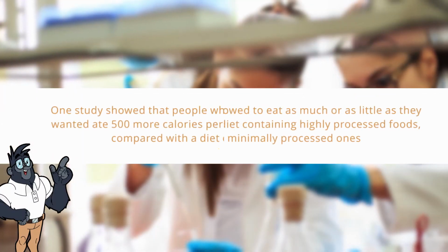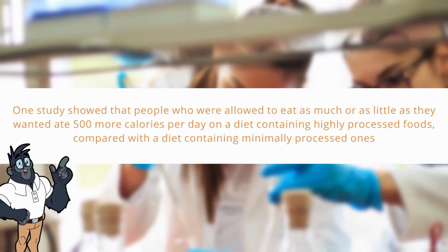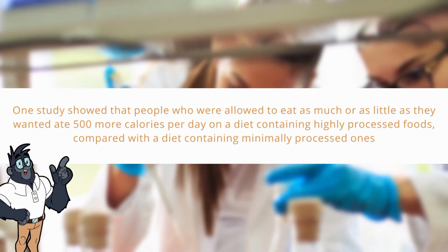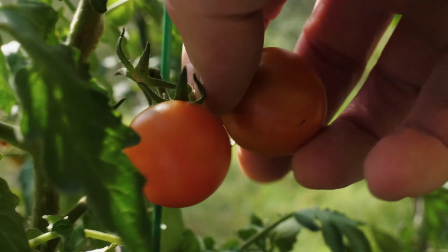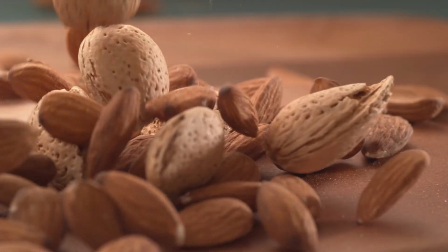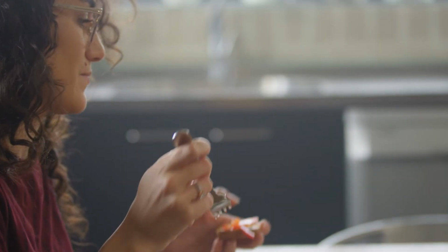In fact, one study showed that people who were allowed to eat as much or as little as they wanted ate 500 more calories per day on a diet containing highly processed foods compared with a diet containing minimally processed ones. Minimally processed foods are rich in vitamins, minerals, and fiber and include foods like lean proteins, fruits, vegetables, nuts, and legumes. A diet rich in minimally processed foods will help prevent you from overeating and ensure you get the